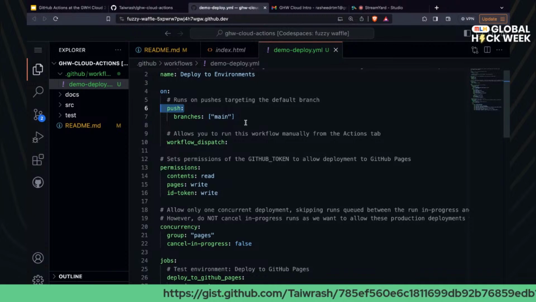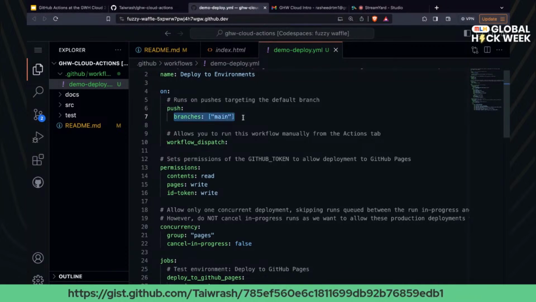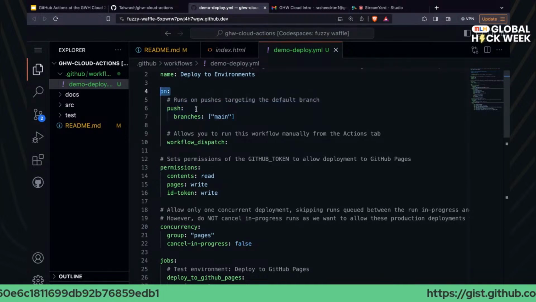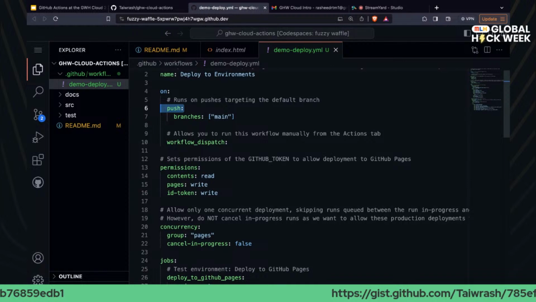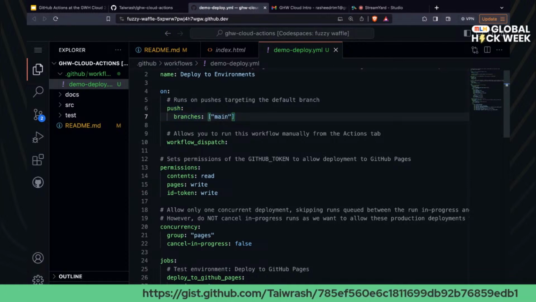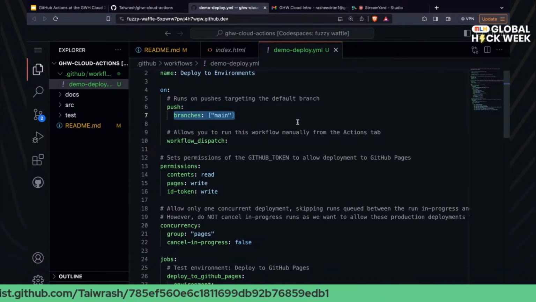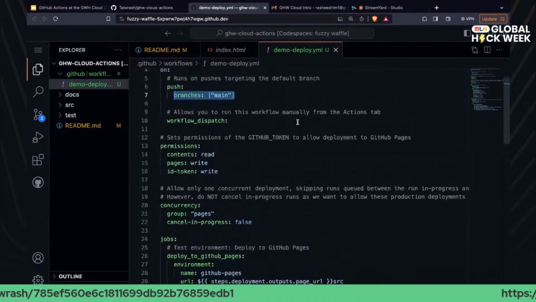We are listening to a push event that is done on the main branch. That is what these lines mean. Which event are we listening to? Push event. What branch? The main branch.